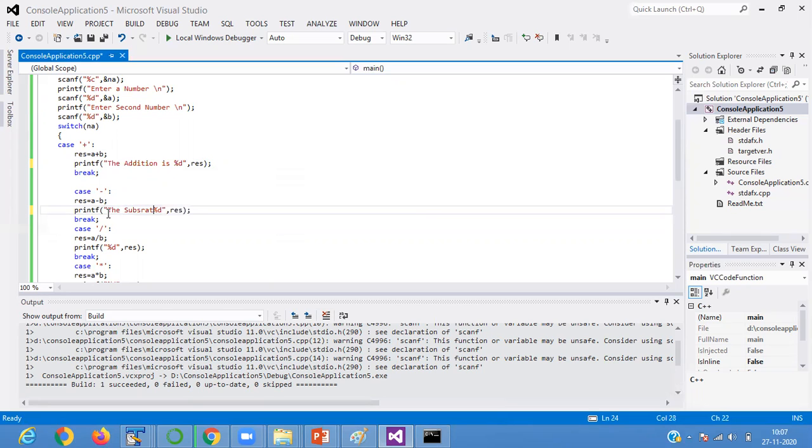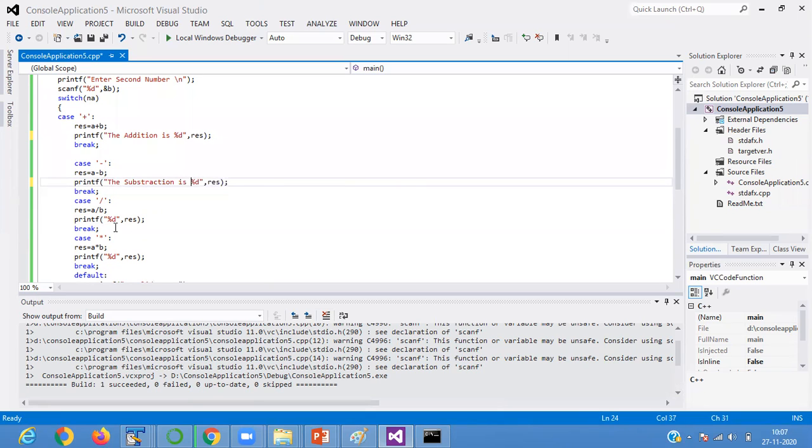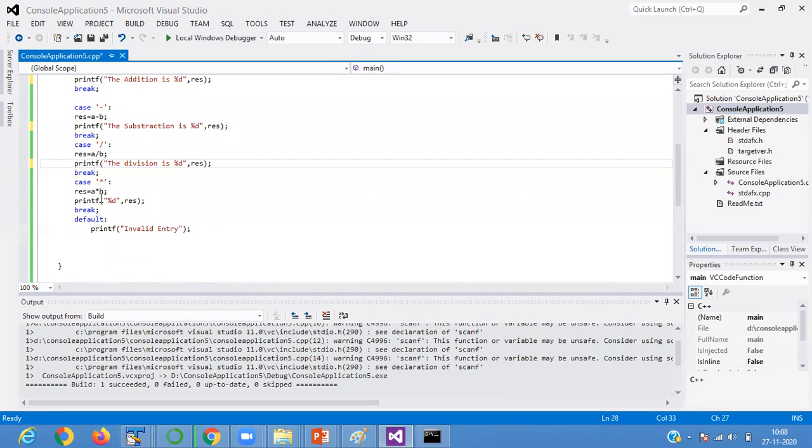This is a simple calculator program. The subtraction is, the multiplication is